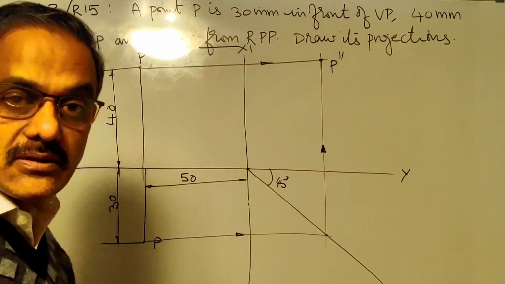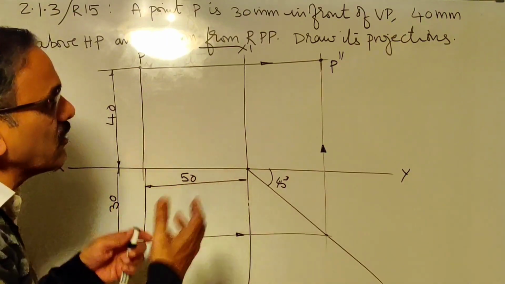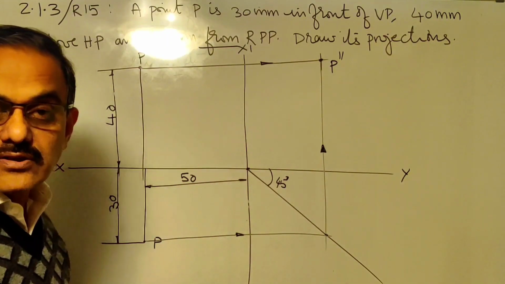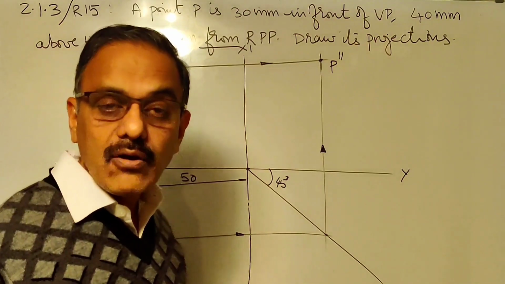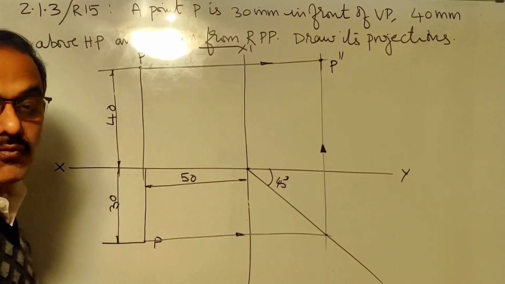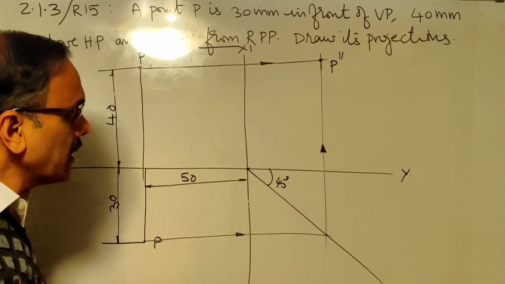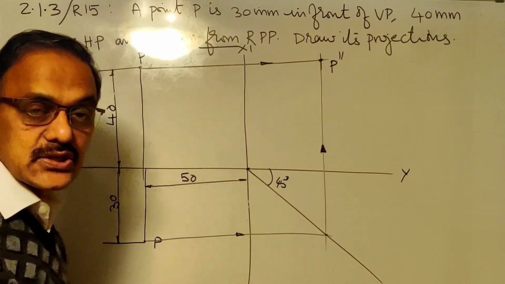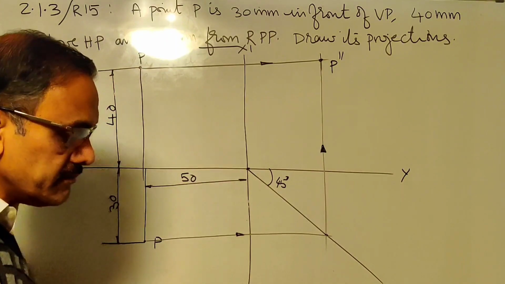It's a simple procedure. In any problem we have to get the profile view, this is the procedure. Now the only thing what you should know here is why this procedure is adopted. What is the reason behind it? Drawing the problem is quite simple, but why this procedure has to be adopted like this to get the profile view, let me explain to you.